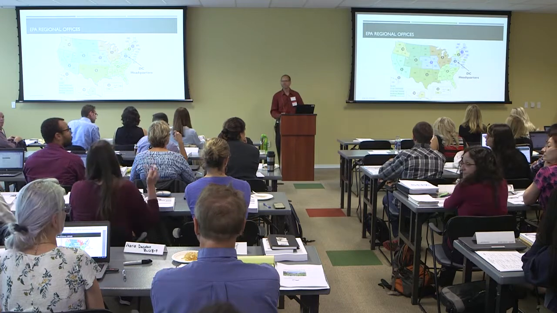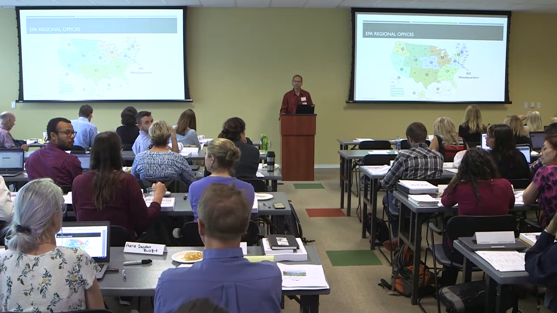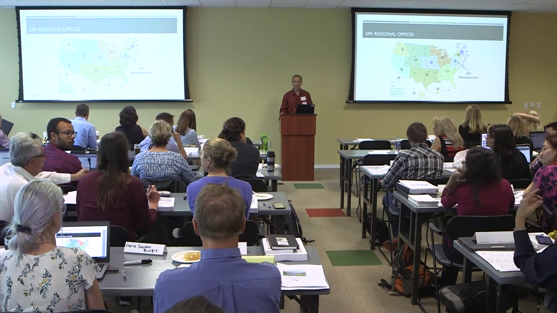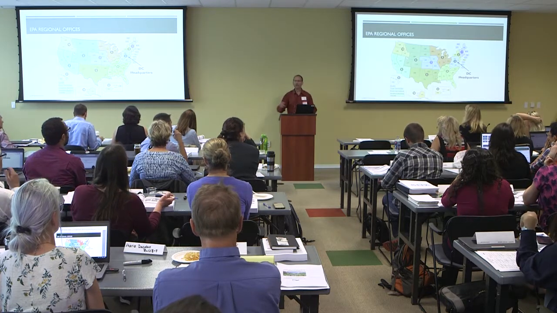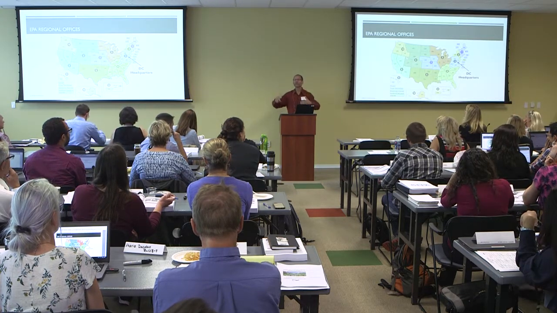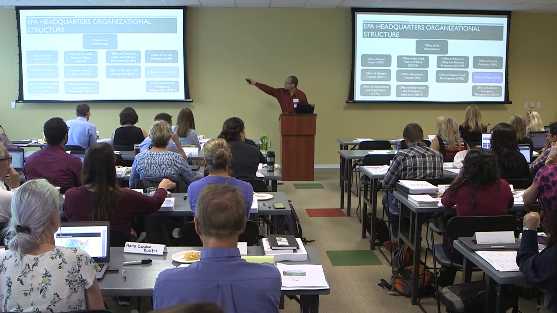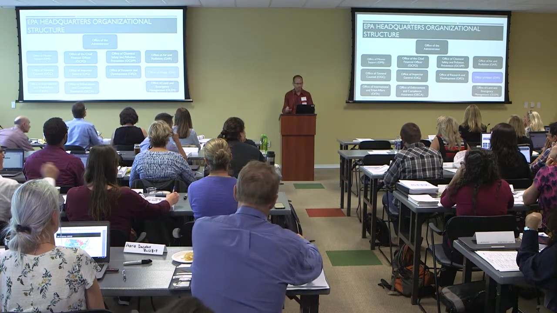I was just curious where the regional offices fit in the org chart, but then I put my hand down because it sounds like you might be about to say that. So the regional offices are actually underneath the administrator. So they'd be the same box? They would be the same boxes as each of these boxes underneath the administrator.